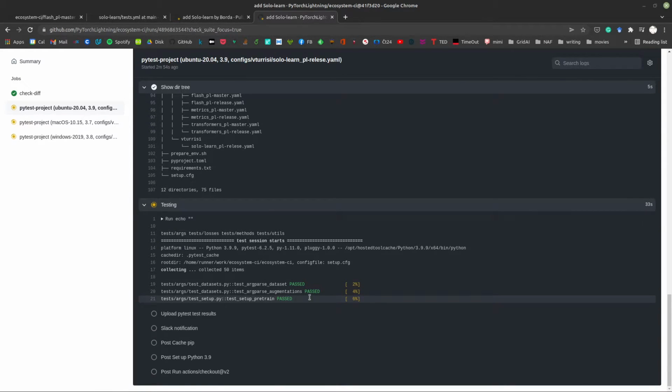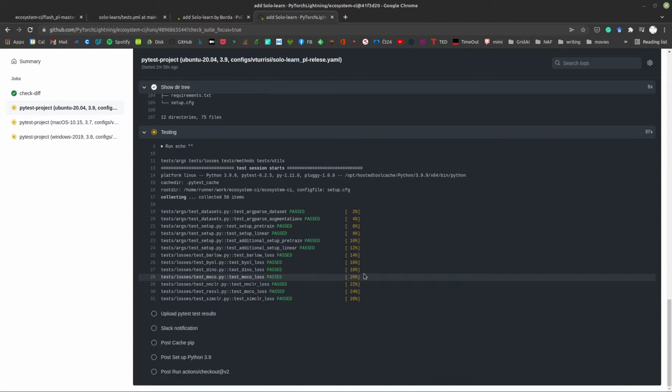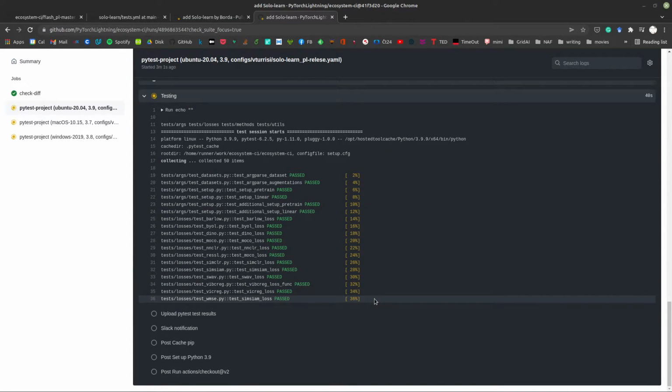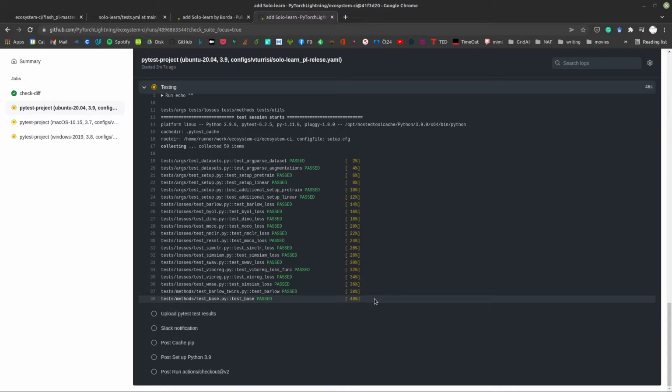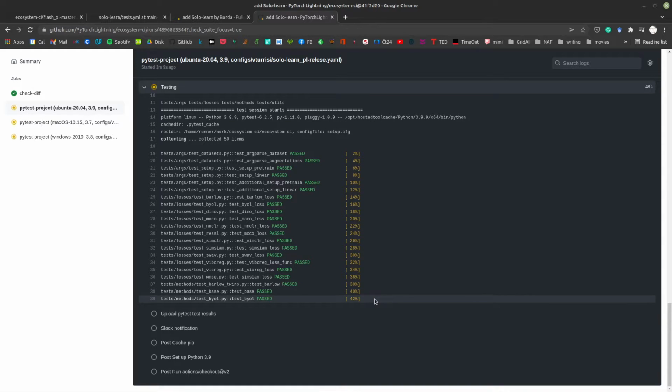So we see that we are already executing some of them, and maybe it will take some time as well. Let's see. Now about 30% of the test suite is finished. So far everything is passing. So if we continue in this good direction,